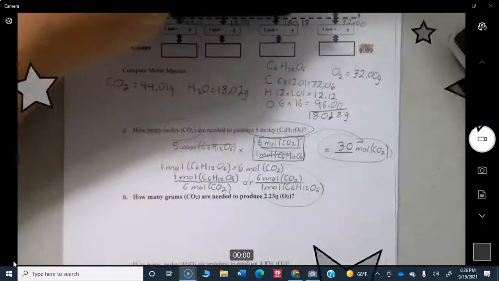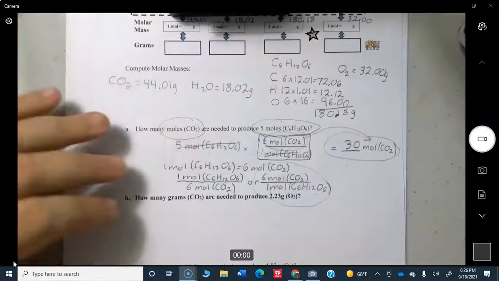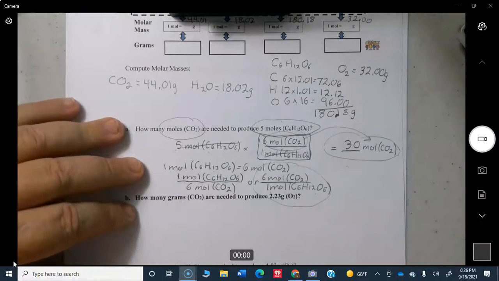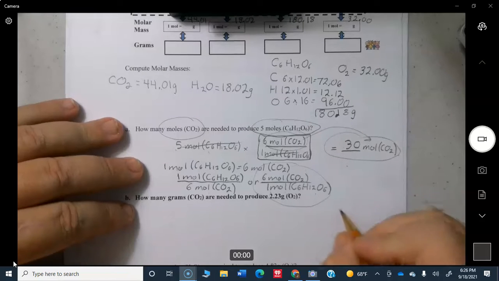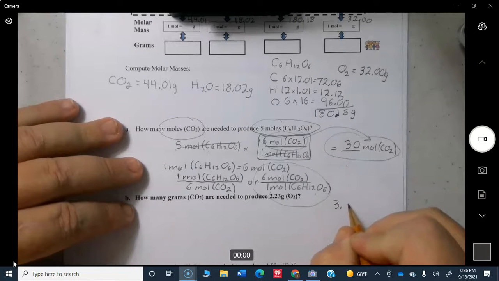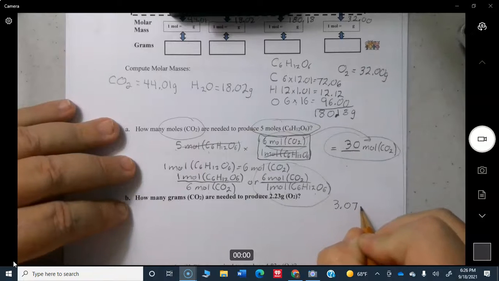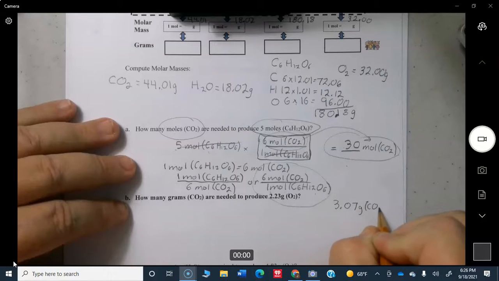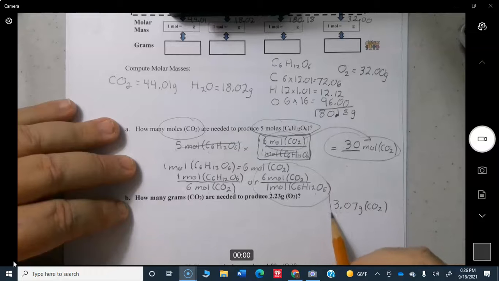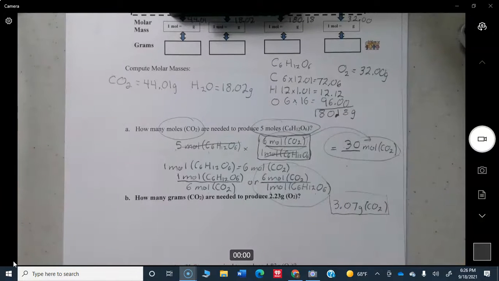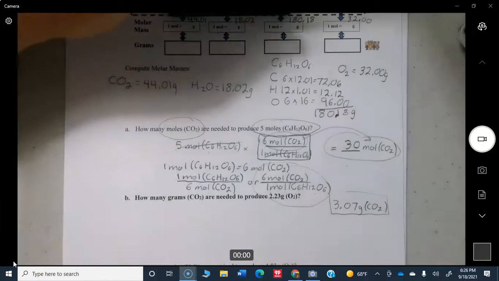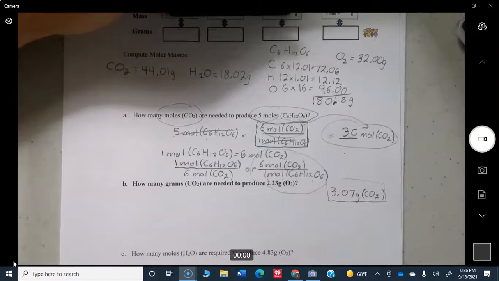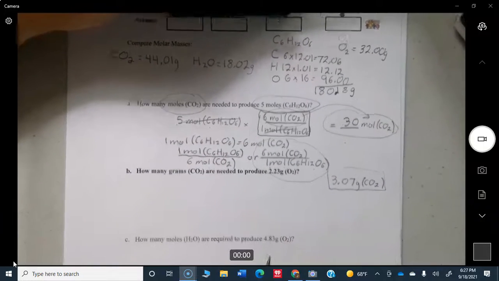Okay, problem B is a bold-faced problem, so that's for you to do. The answer I have is 3.07 grams of CO2 for your final answer. Okay, again, what I want to see, though, is the setup of that. Okay, it's a grams to grams, 3-step problem. So go ahead and do that one. All right, next